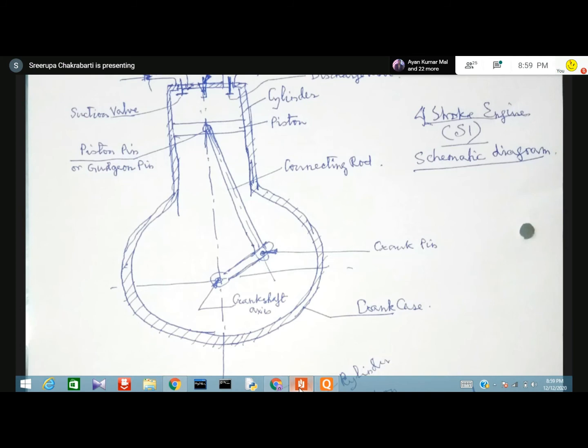And a four-stroke engine, by name, means that 4 journeys or 4 strokes of the piston are required in order to complete one cycle. So one cycle means that the crankshaft rotates by 720 degrees, that is 2 revolutions. 2 revolutions of the crankshaft correspond to one thermodynamic cycle, which is called a 4-stroke engine. So by this we are also explaining what a 4-stroke engine is.